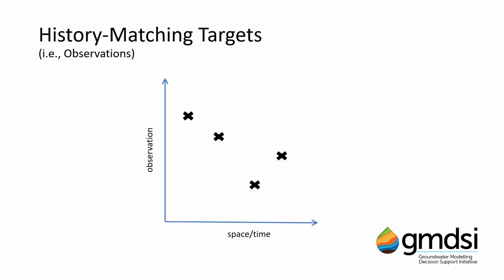Now, any observation is inherently uncertain. Some may be relatively precise, whilst others may be little better than guesswork. All observations include measurement error. This is an error associated with the accuracy of the device or the method used during measuring. So, for example, when taking a water level measurement, inaccuracies in the tape measure and the survey of the measuring point, potential user error, etc. All of these compound to add a level of error or uncertainty to a measurement.